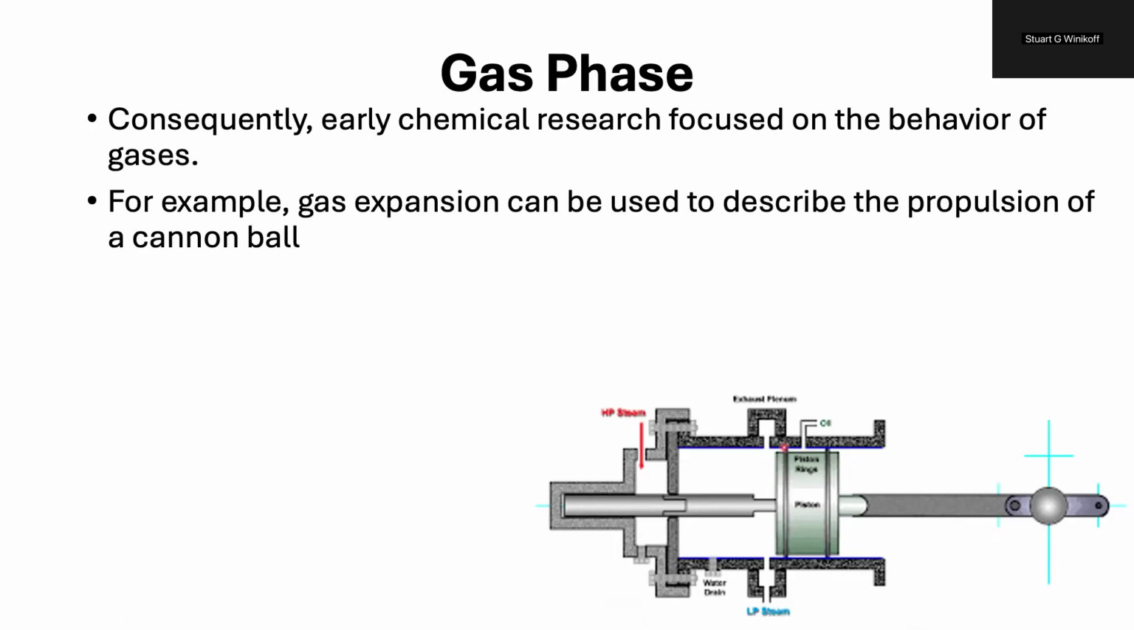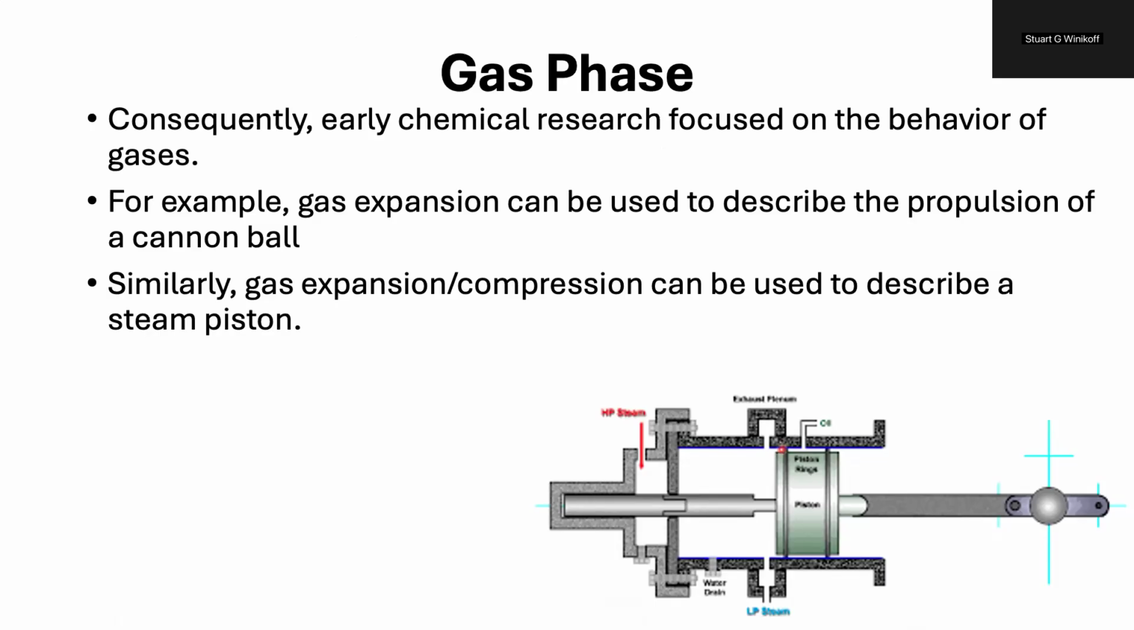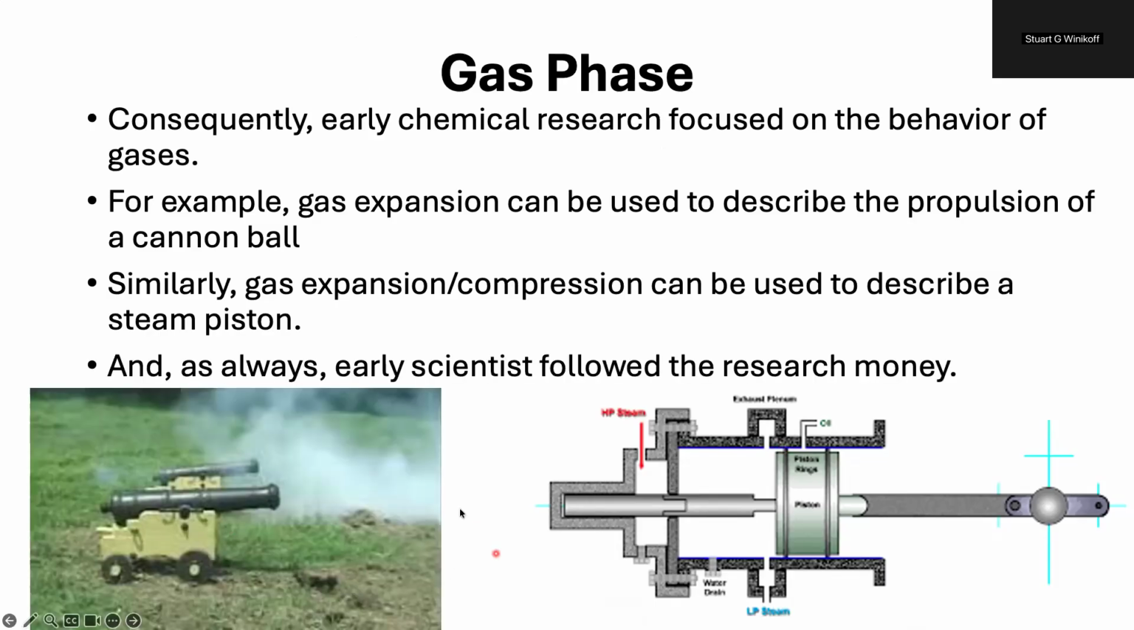We can use the gas expansion to describe the propulsion of a cannonball, because a cannonball is literally just being propelled by an expanding gas that shoots the ball out the bore of a cannon. But also, if we're looking at